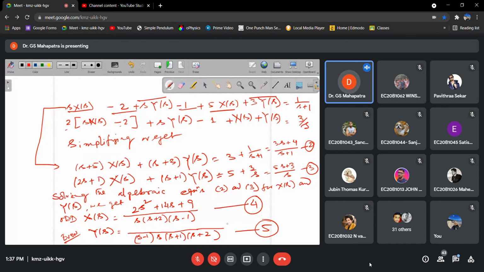So you understood the steps. First, Laplace transform, then you will get the algebraic equation. Solve the algebraic equations using your known techniques. You have studied so many techniques in the 12th standard, such as elimination, etc. So based on that,